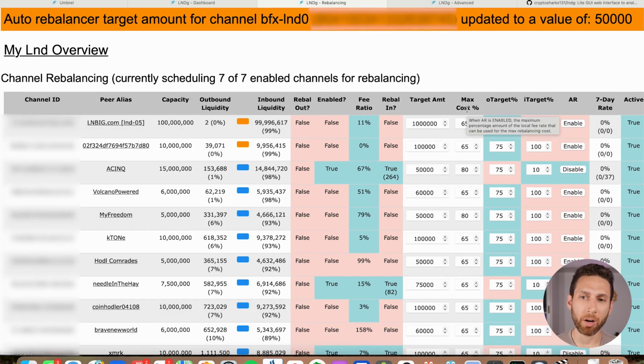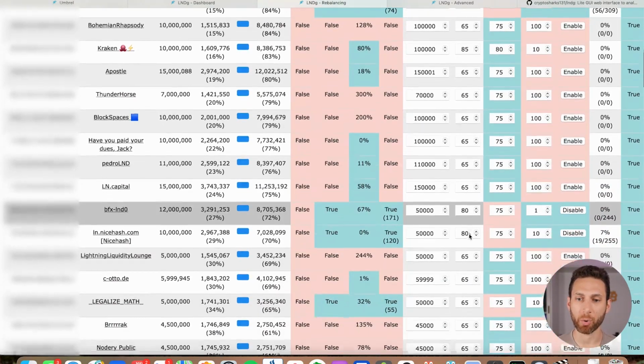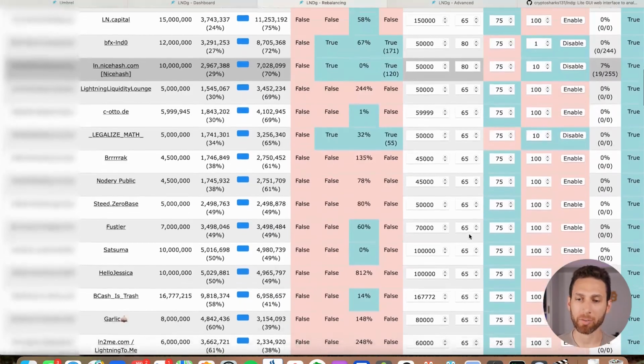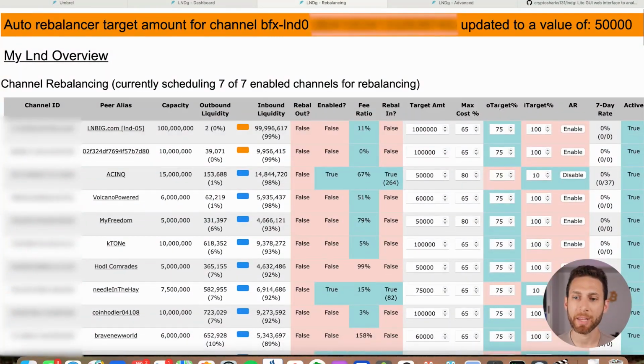Max cost, we've already talked about a little bit, but it's going to say how much of a percentage of your current routing rate you are willing to spend. The default is 65, you can change that. Out target, again, we've already talked about, but it's how much do you want to get down to. In other words,